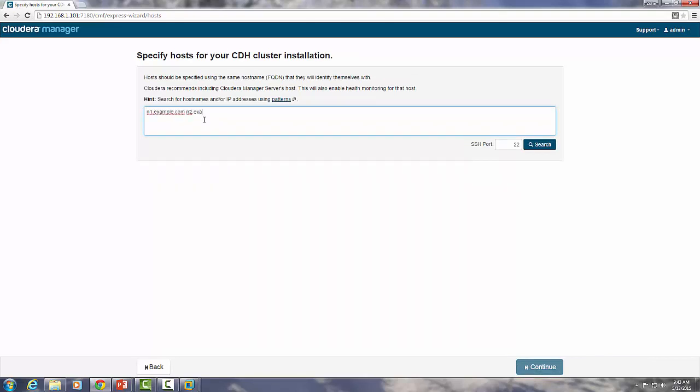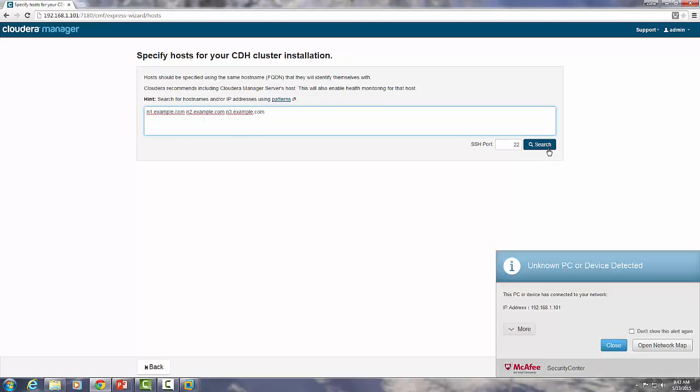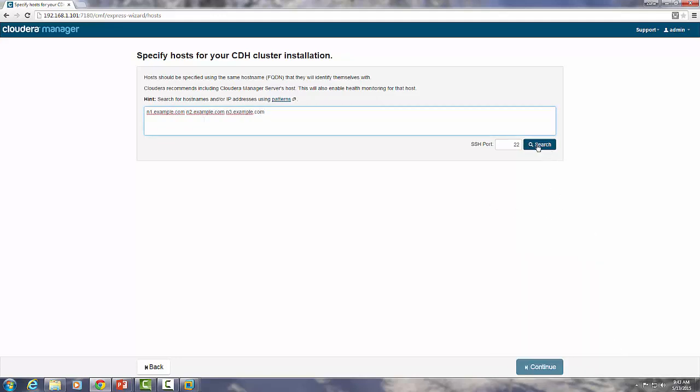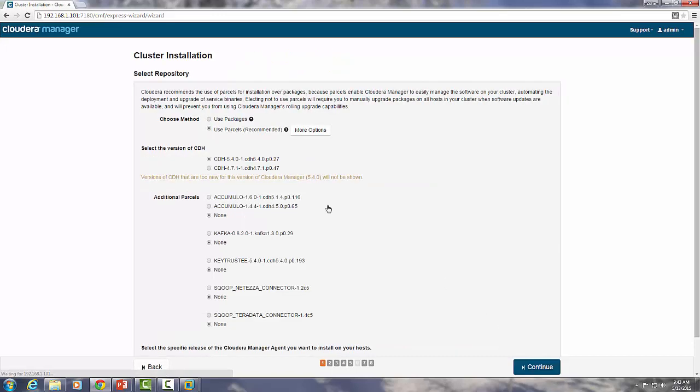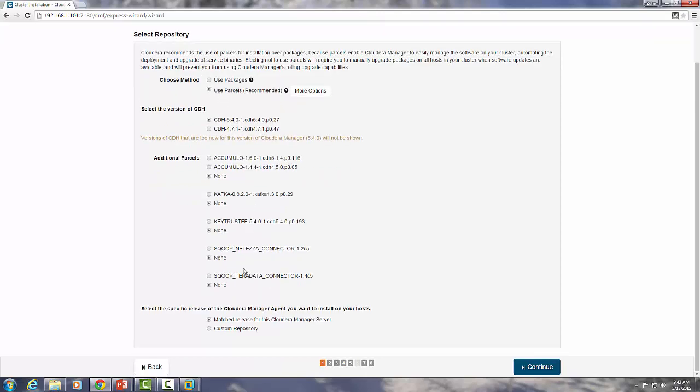this is a space separated file, and let's see if we can, yeah, the hosts are ready, and we'll use all the default configurations, and